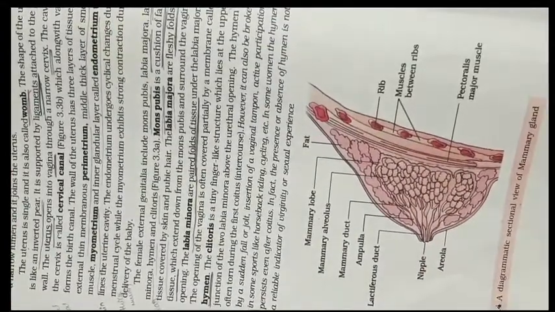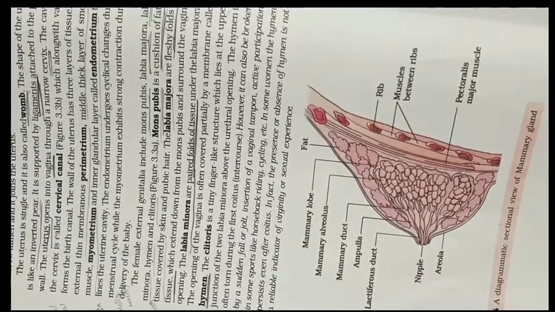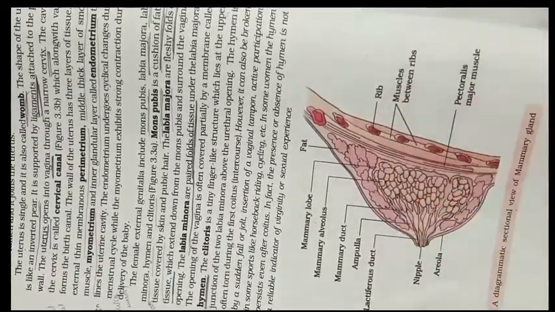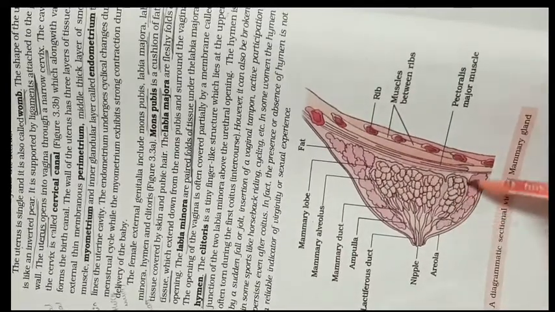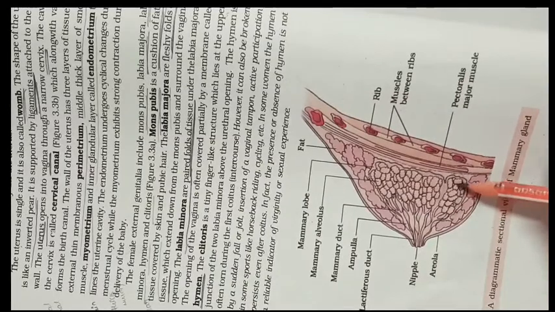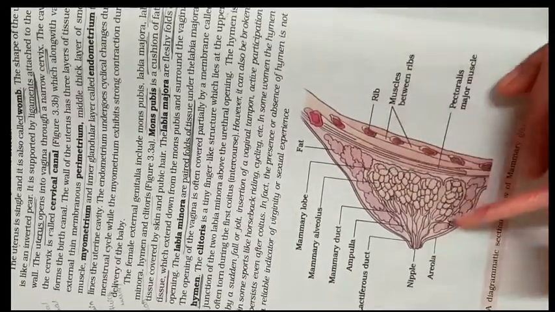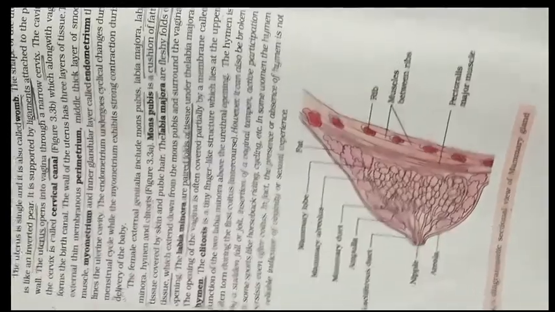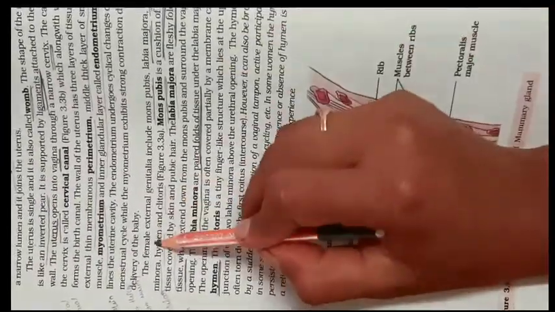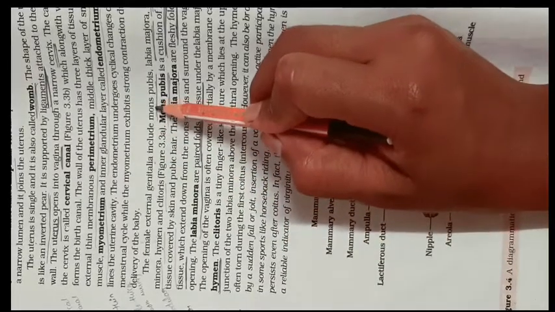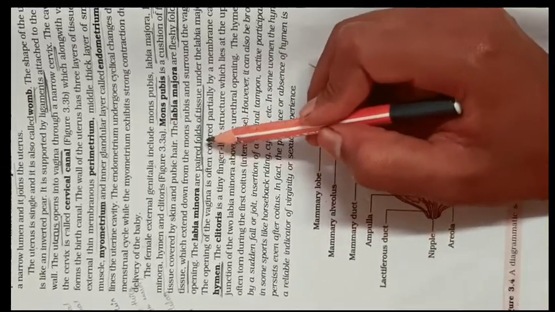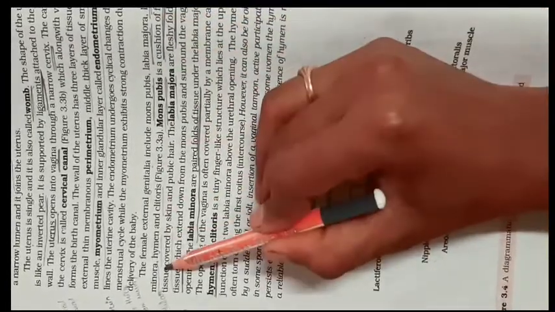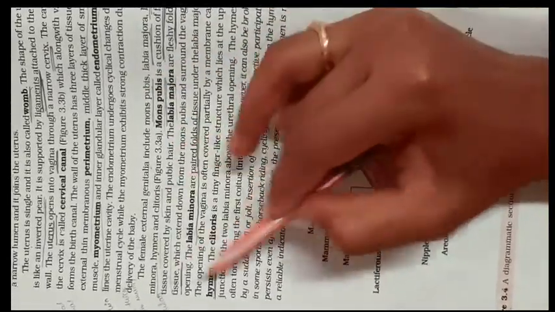In your NCERT book also you can see the structure of the mammary gland we already discussed. Here you can see the pouch-like structures and the alveoli tissue, with the pad tissue surrounding the alveoli. Here we have to discuss that the female external genitalia includes the mons pubis, the structure above the labia majora, labia minora, hymen and clitoris. By using the diagram we discussed all these things.